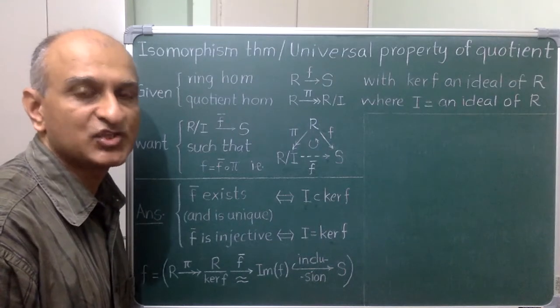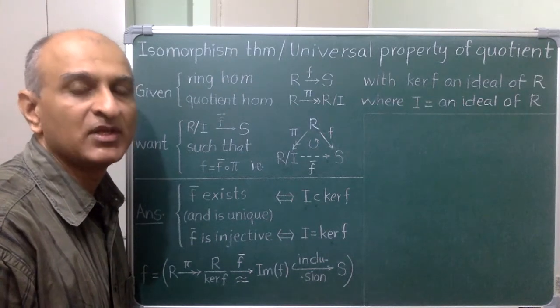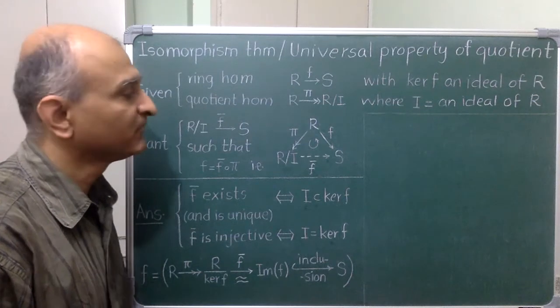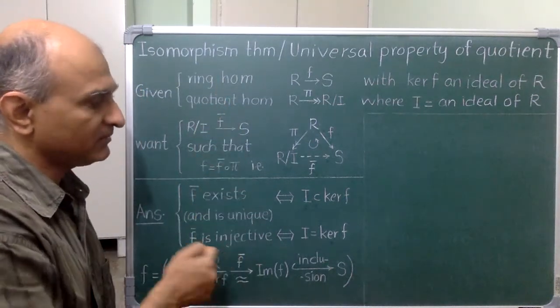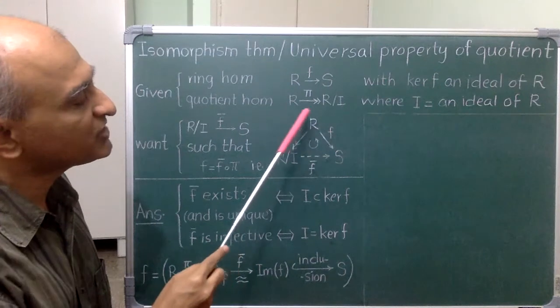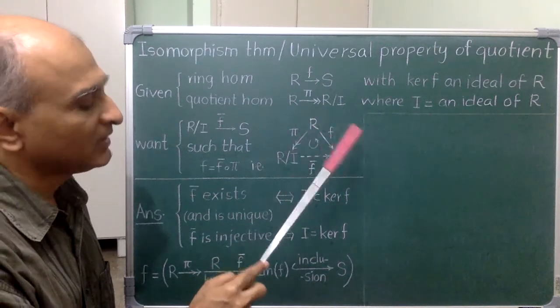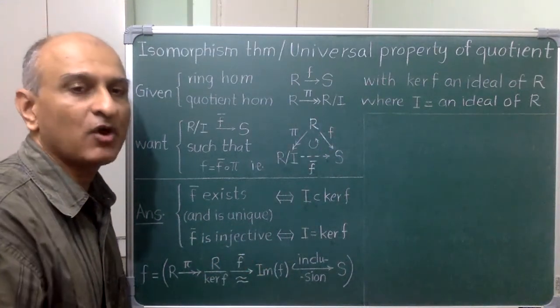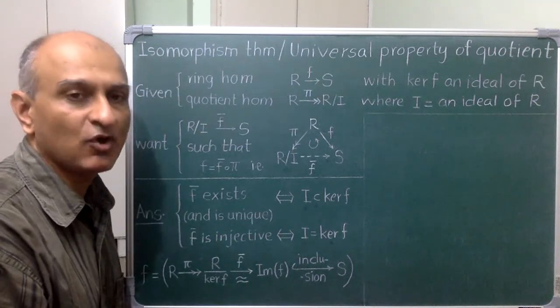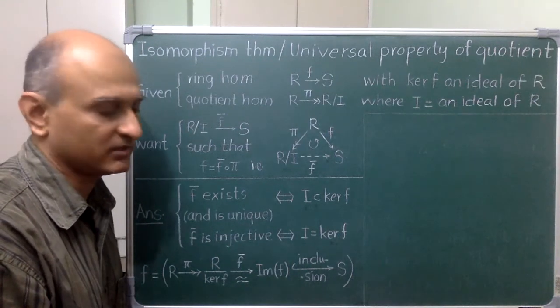We want to see the isomorphism theorem in action. So first let's see the statement. I have written it out over here, but it is useful just to keep the picture in mind. Now this triangle can be drawn in several ways. So it is the configuration of maps that is important.